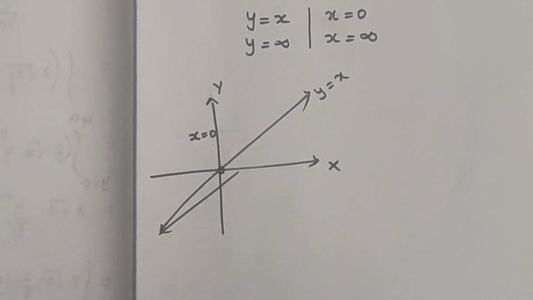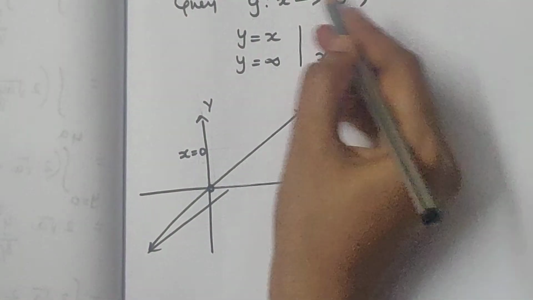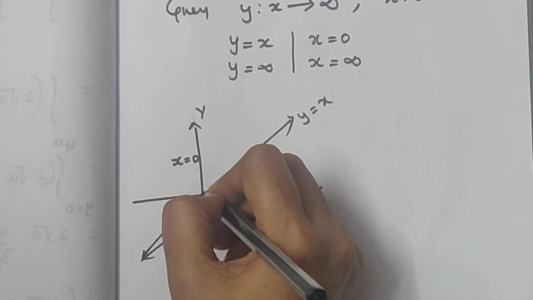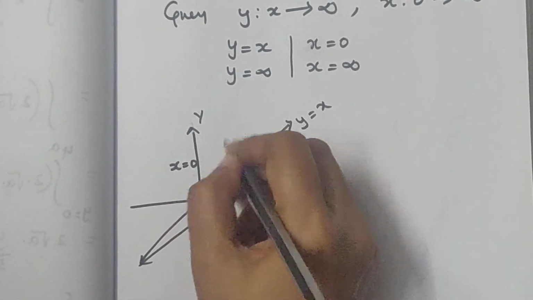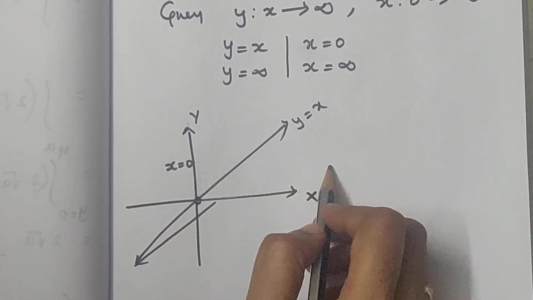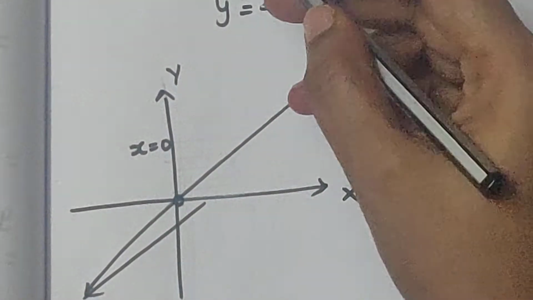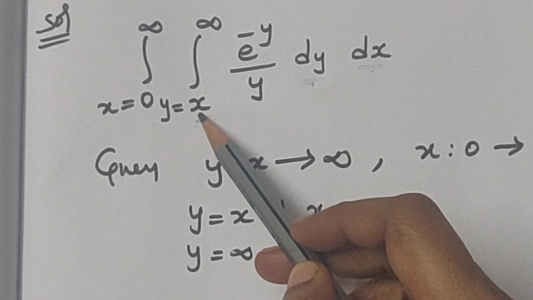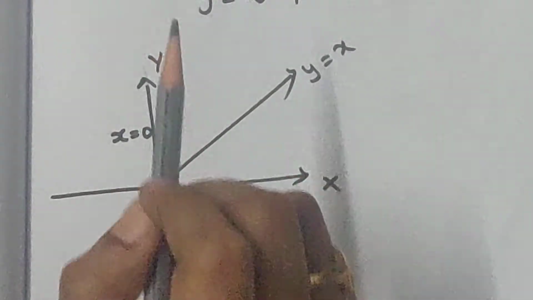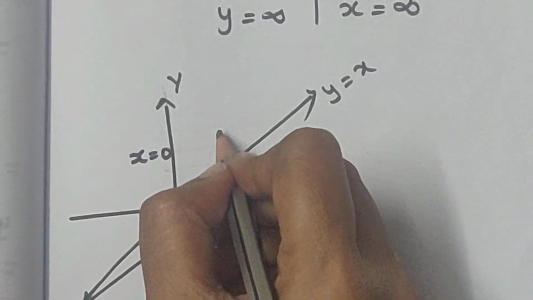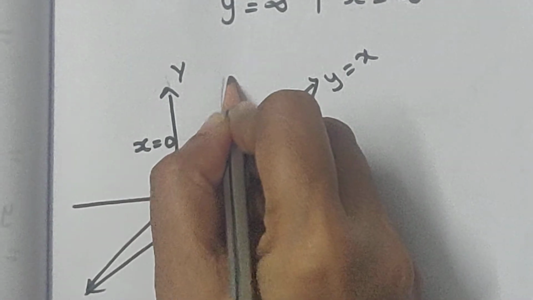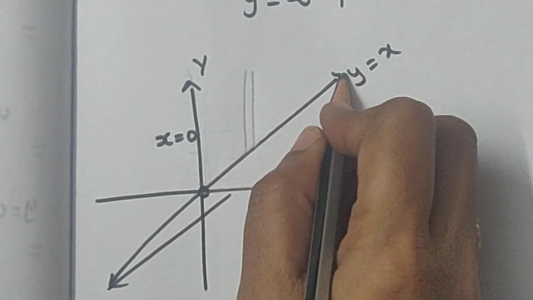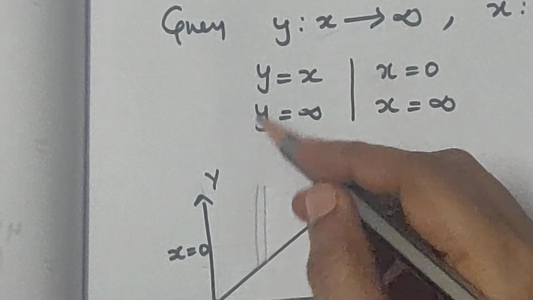Now identify the region of integration which represents these limits. You may get confused: is this part the region of integration or the other one? What are the limits here? We have y limits, which means in the region of integration, by taking a vertical strip, you get those limits. So consider one vertical strip. The vertical strip's first end touches y equal to x, so the y limits are from x to infinity.